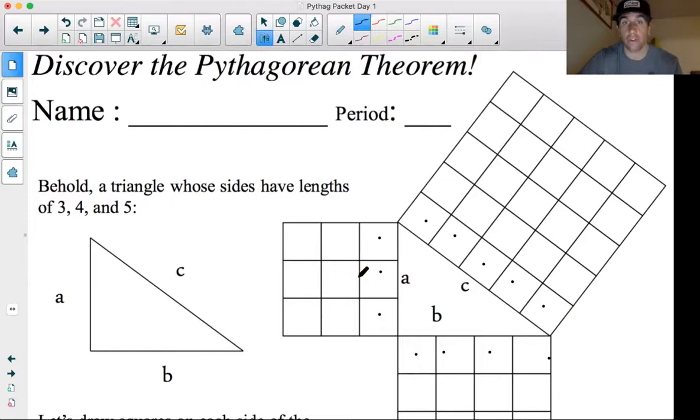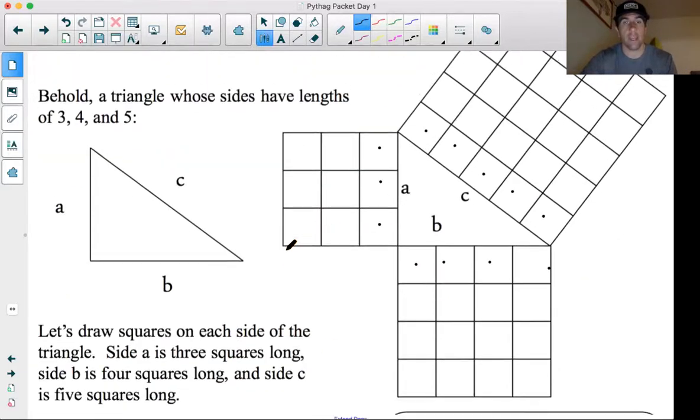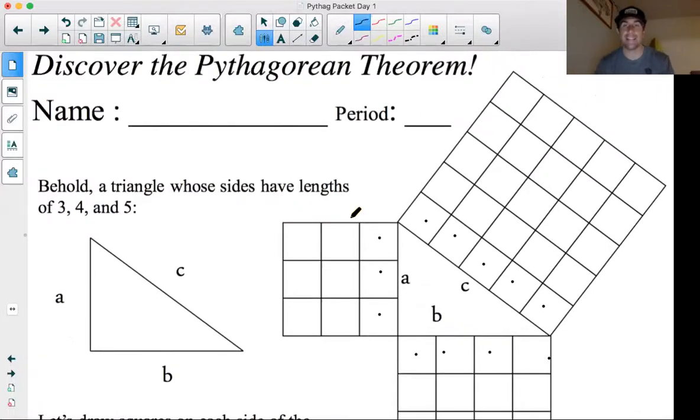So why do I have other squares here? So pretend these aren't here right now. There's a specific reason why they're here. Now what I want us to do is then take side 3, 4, and 5 and square it. We should remember from exponents, squaring 3, squaring 4, squaring 5. So 3 squared gives us a total of how many? 9. So that's why I had 9 here, because I took 3 and I squared it, okay?